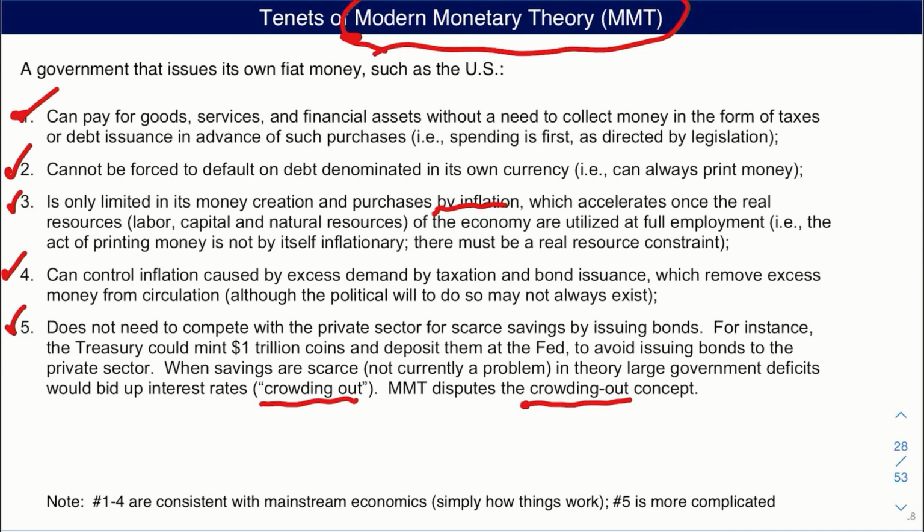The taxes drain dollars out of the system. So the government injects all this money into the private sector, and then the government says, well, we're going to take some of that back in taxes. And it's that act of taxation, in other words, limiting the supply of the money, bringing it back out of the system, where the dollar, that's the demand and supply part, determines what a dollar can really